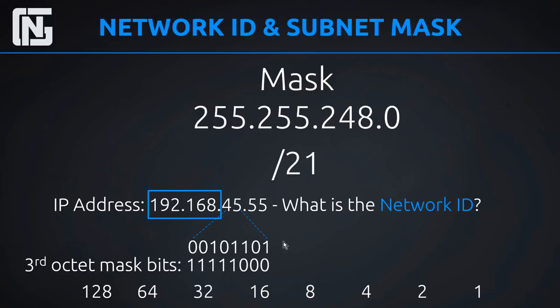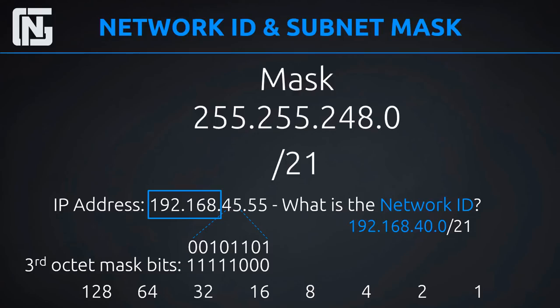These other bits are actually host bits. They don't have anything to do with the network ID. Only the mask can tell us exactly which bits to use in our network ID. So far they've told us 192.168, and now they've told us also these bits here, meaning that 32 plus 8 equals 40. So again, in this example, our network ID is actually